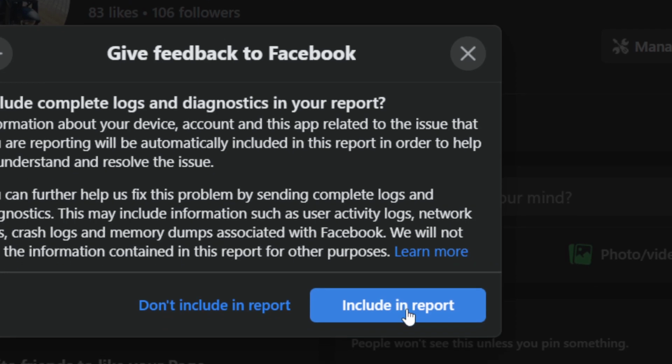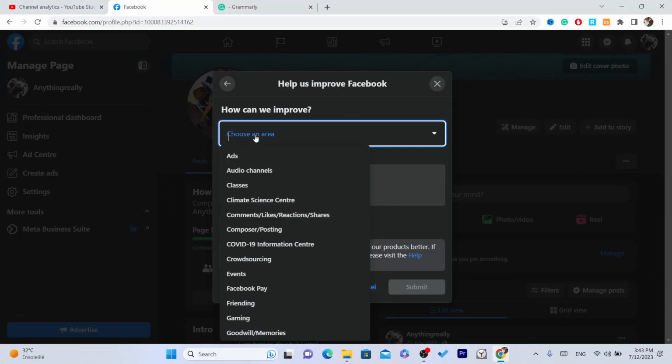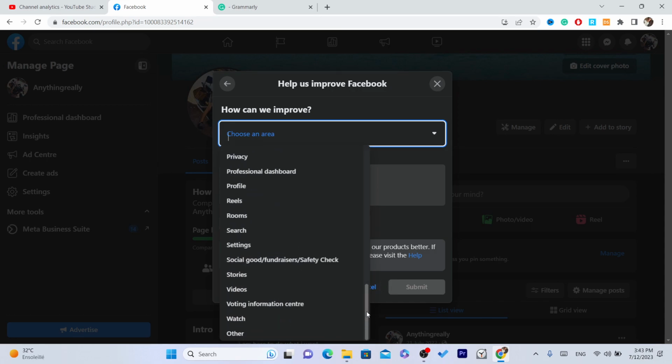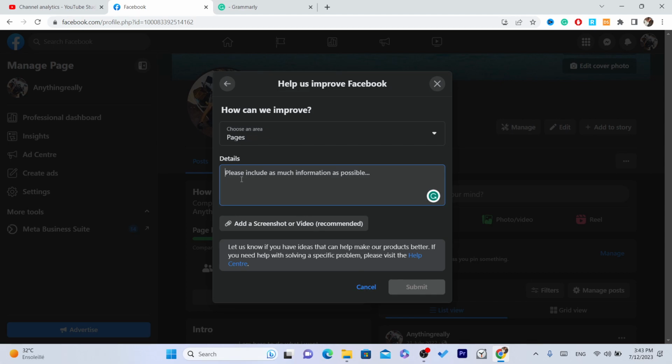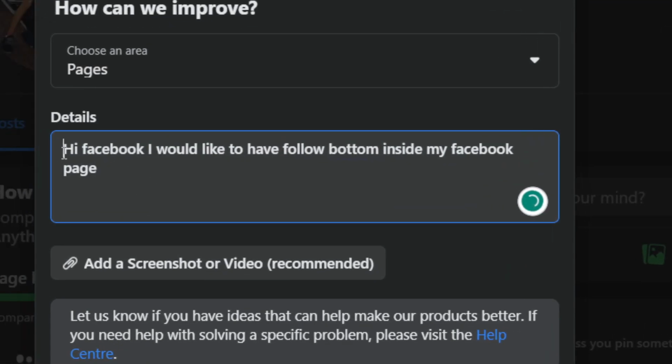Click include in report. This is very important. And then here you need to select pages. Make sure you select pages before you do anything. Pages, and here you need to enter, hi Facebook, I would like to have follow button inside my Facebook page. You need to type the exact same thing, or you can type anything similar to this. You just need to state that you need a follow button on your Facebook page, and then click